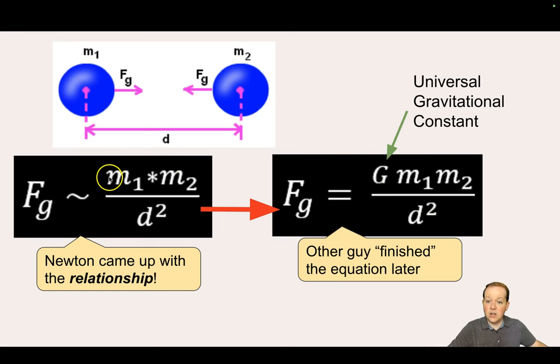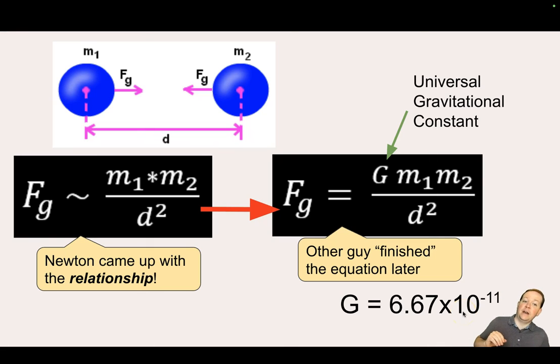What's new in this, and what Isaac Newton could not come up with, is this constant called G. G, uppercase G, is known as the Universal Gravitational Constant. It's just a number. So there's not another variable or something that's unknown. You're always going to plug in this number, 6.67 times 10 to the negative 11. Sorry if my head is in the way a little bit, okay? This number, the way you can think about it is like it's a multiplier.